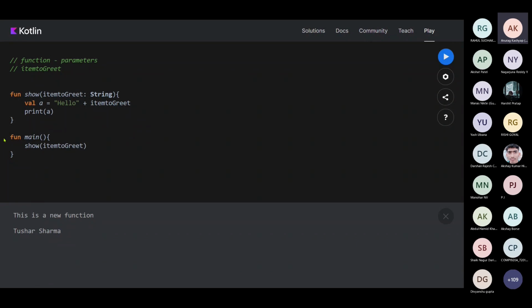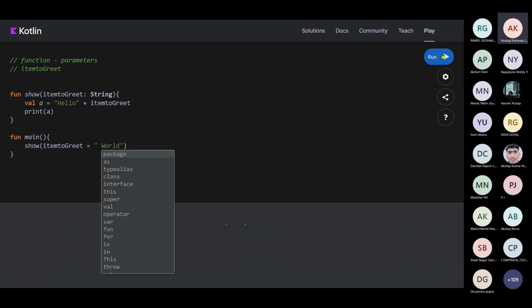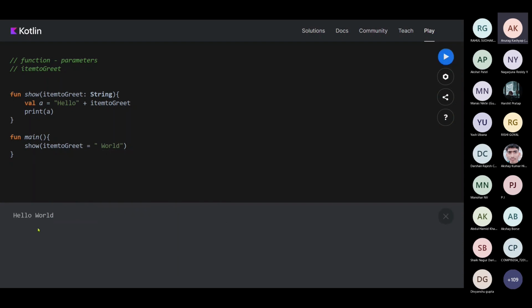So what is that particular value? Hello world. I want to complete this particular string, so I'm writing hello world. This is what I have assigned. Now let's just run this code. See, you can see helloworld. There is not a space, so I'll add a space. Now let's run it again. See, hello world. So if you want to give your values in the main function and execute the function which you have called, you can use item to greet.